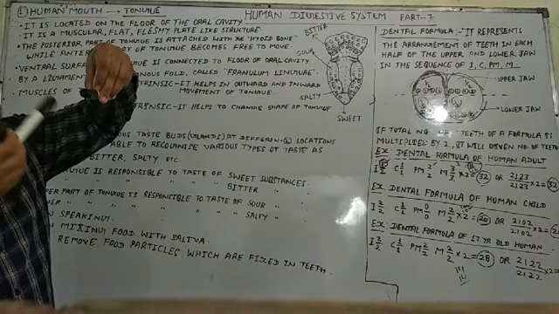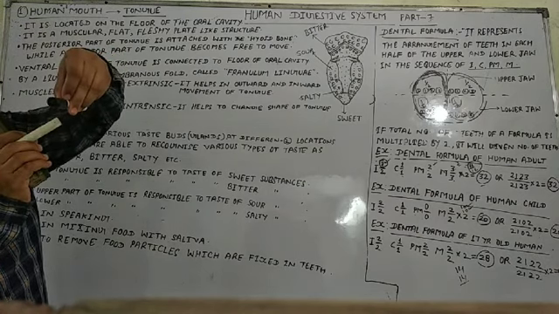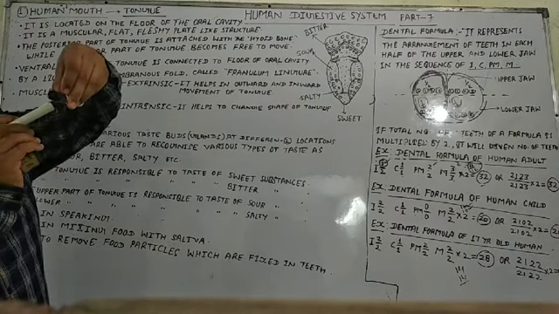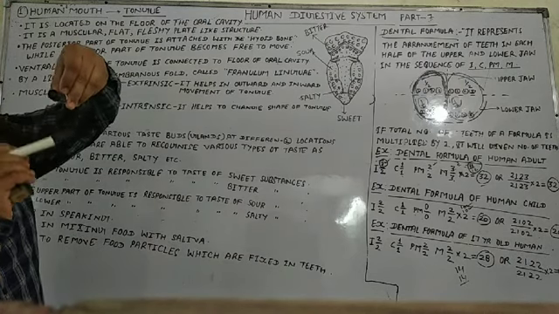Clear? Means we can say another word. This is the mouth portion, mouth part. It is the back part. It is the last part, end part. So this is the anterior part and this is the posterior part.